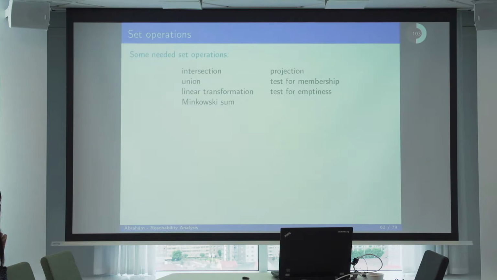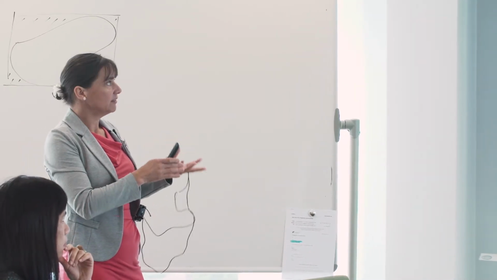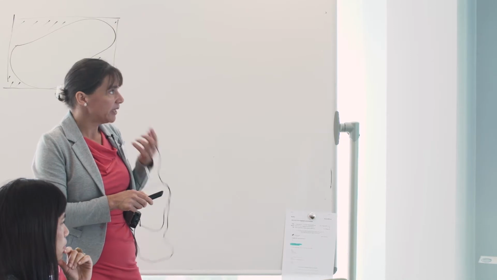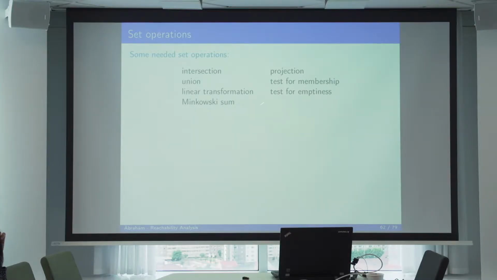Now if you take any of these representations, or these are not yet representations, these are geometric shapes or some ideas how to represent, you still need a data type. But once you have the set in the data type, you need also the functions, the operations on the data, and this must include intersection, union, linear transformation, which we will need for the reachability computations,